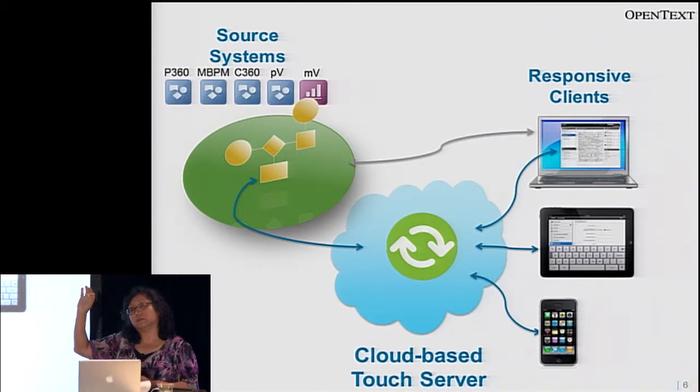We think what is interesting about what we're doing with Touch is really that connection to the back end, the ability to look at work and look at work in a social way. And basically, again, use social to really better engage and better do work. One of the things that this enables us to do is, for instance, instrument a process or instrument a case, such that when a case or a piece of work hits an exception that people need to know about, we engage the people who need to know that that happened.